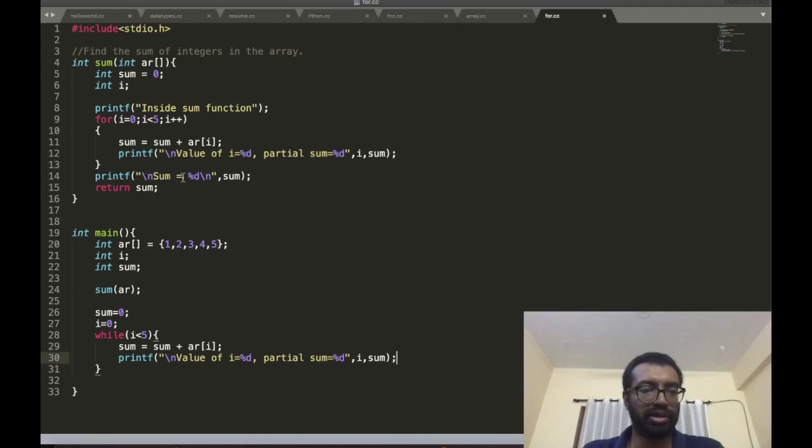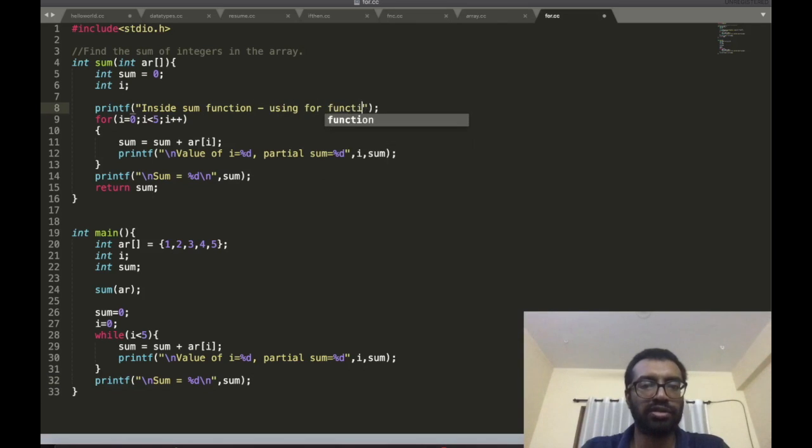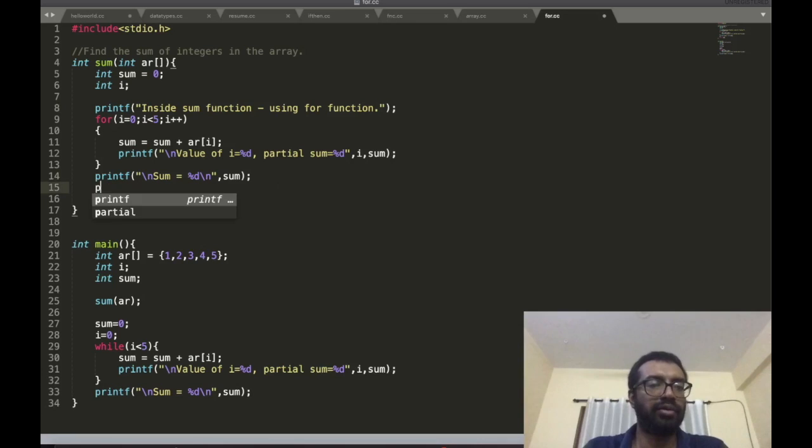I'm going to print that, then I'm going to print the final sum here. Okay, so I'm going to be using a for function. And in the end I will write printf \n